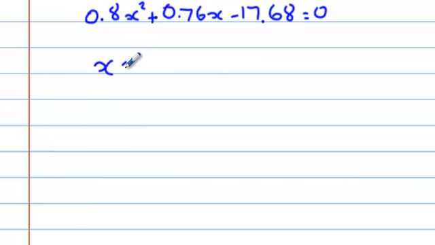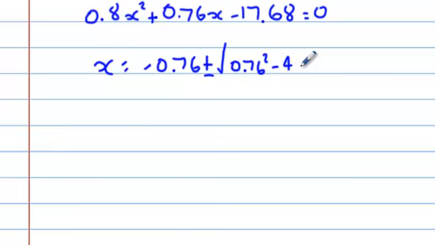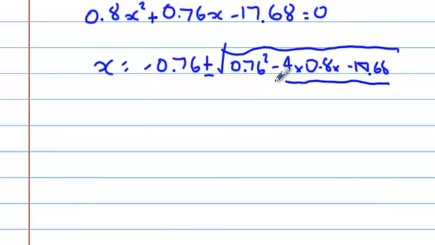So x equals minus b, minus 0.76, plus or minus the square root of b squared minus 4ac, so a is 0.8, c is negative 17.68, all over 2a, so that's 2 times 0.8. If I push that through the calculator, then I get x is 4.25